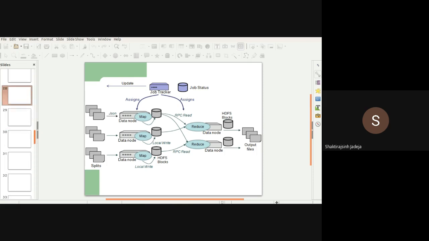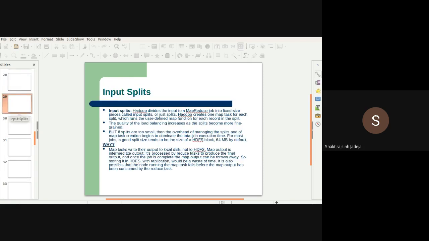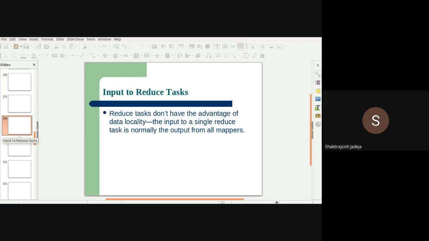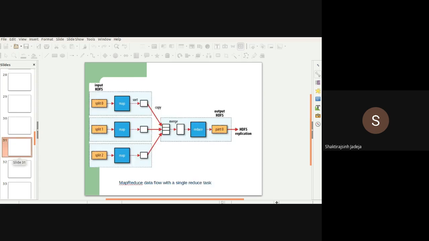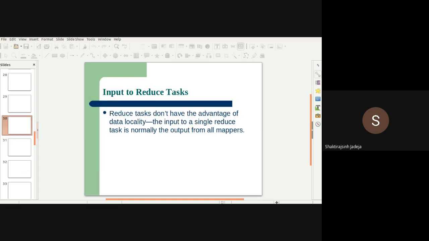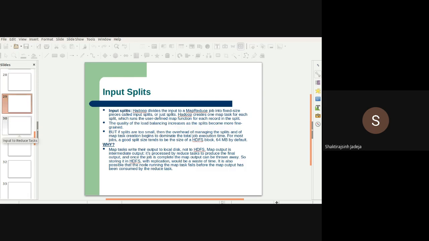And input splits also, input to reduce tasks. I think we had to start from input for the reduce task. We are done with splits. Okay, so we had to start from input splits, right, guys? Yes, okay, good. So let's continue from this place.